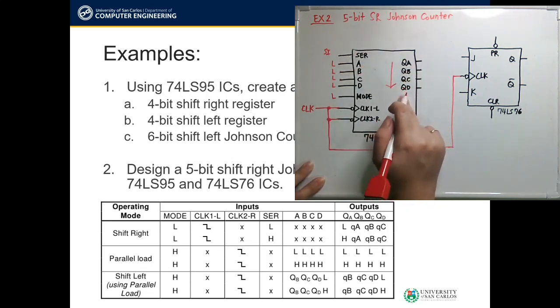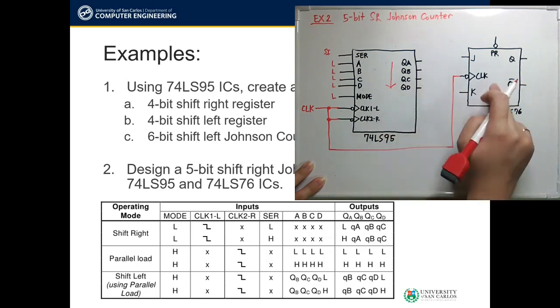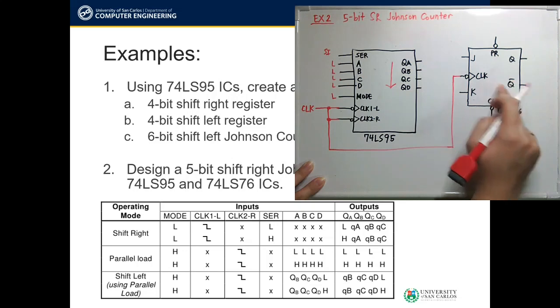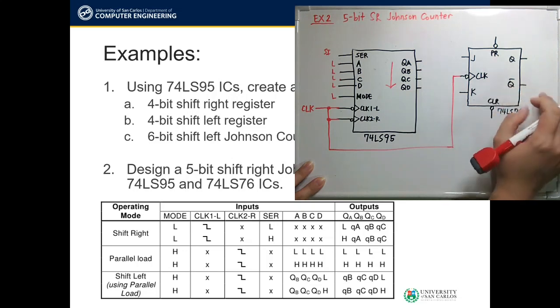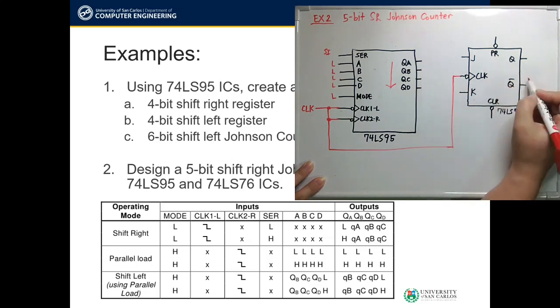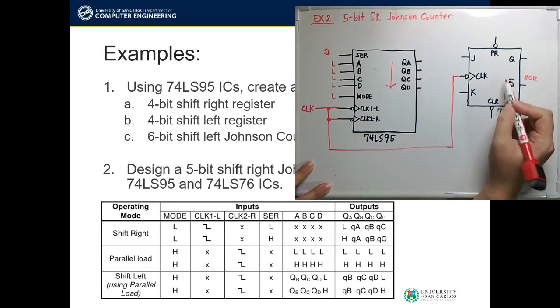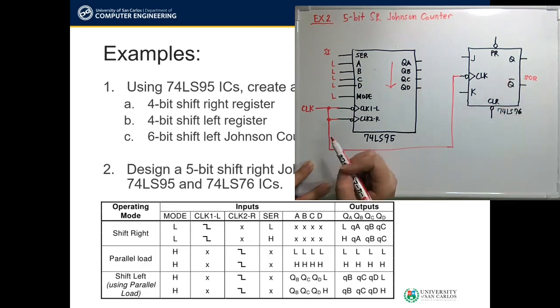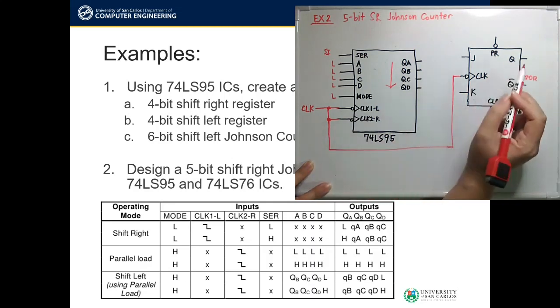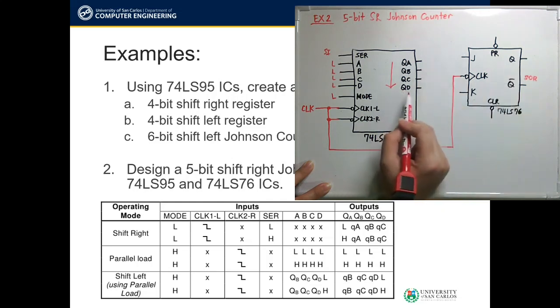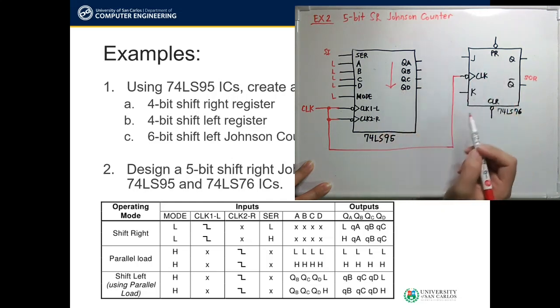74LS95 is QD. But since we need 5 bits, we need to connect this to our JK flip-flop, and our serial output must be coming from here. Either of the two, but since we are constructing a Johnson counter, we need the complemented output. So the easiest thing should be to connect a D flip-flop so that we can just simply connect it to one input. But in this case, since we are using a JK flip-flop, we need to construct this as